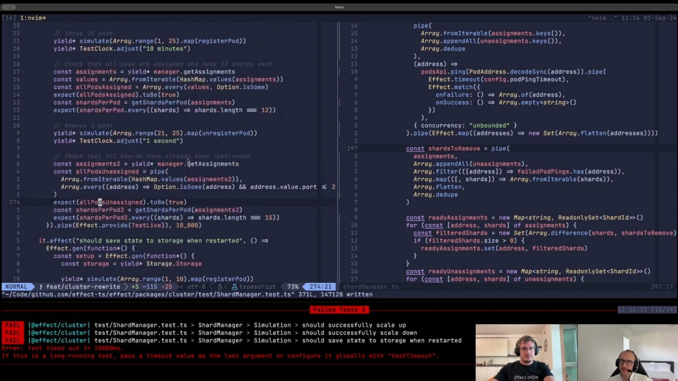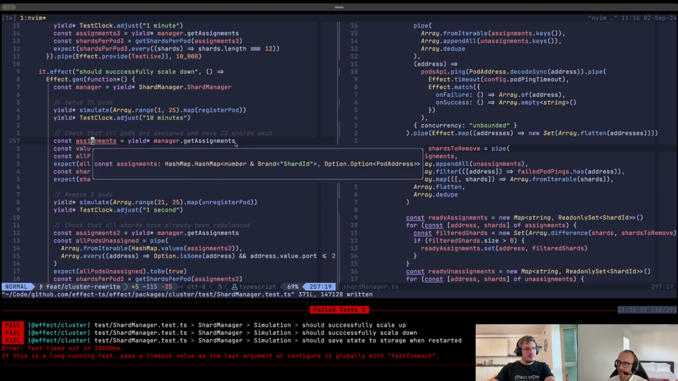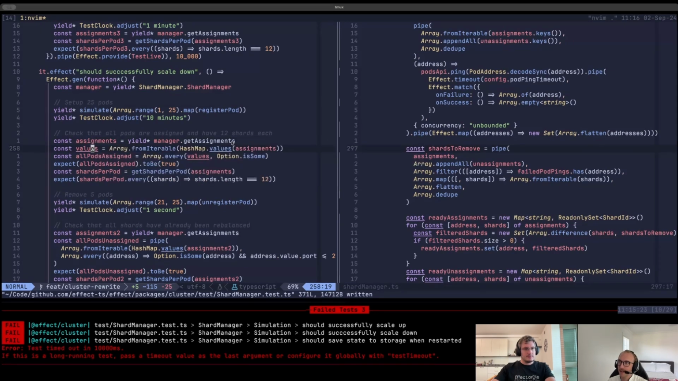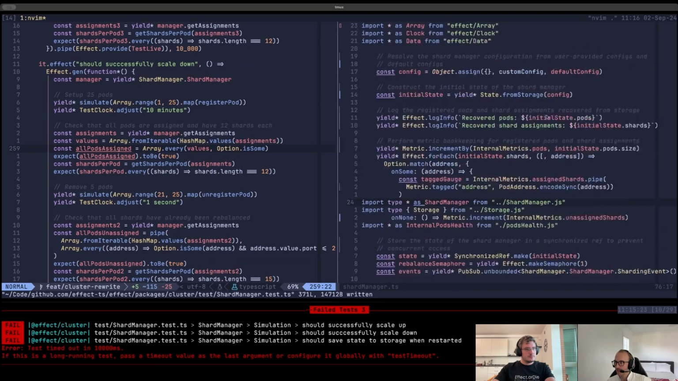And we wait 10 minutes with the test clock, because we're not rebalancing immediately, so we want to wait for the cluster to settle. And then in an ideal world, if everything wasn't failing since I updated the tests, we would grab the assignments from the manager, so all of the shard assignments here, and we would end up with essentially 12 shards per pod,